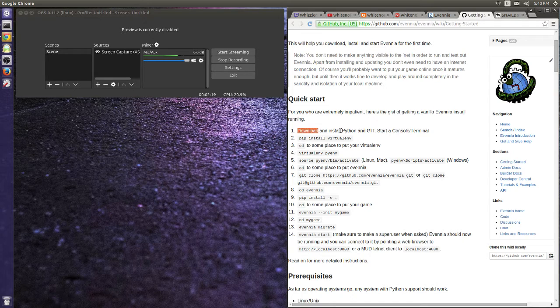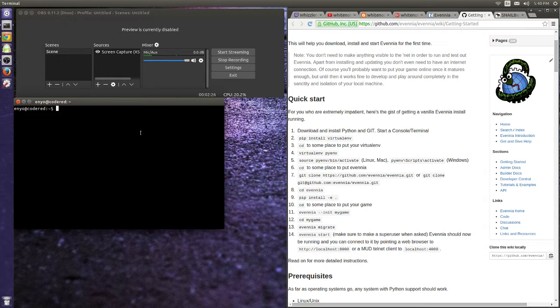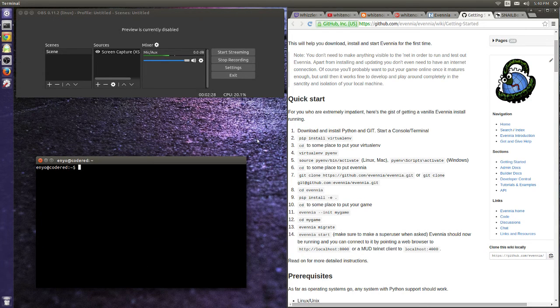So, download and install Python and Git. Start a console or terminal. Well, I'm going to do instructions out of order and start a terminal first because I cannot do this previous instruction without it. Now, I'm using Linux, so